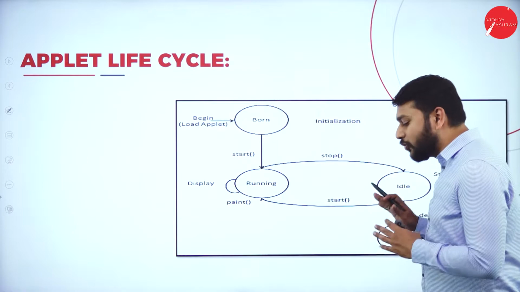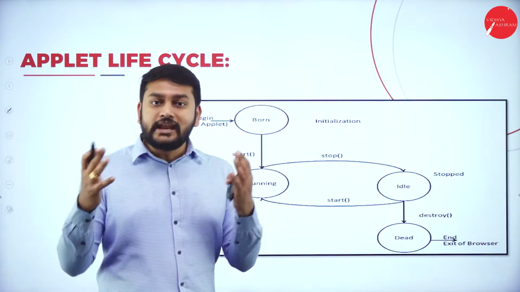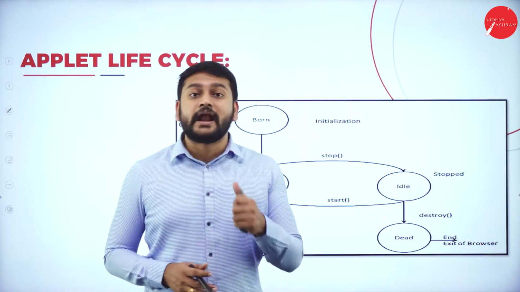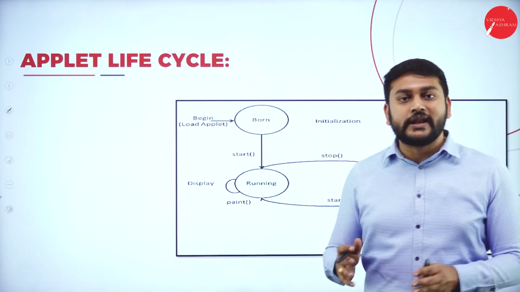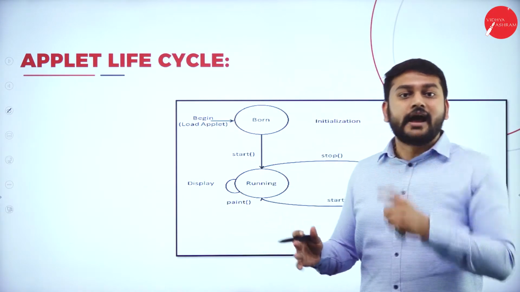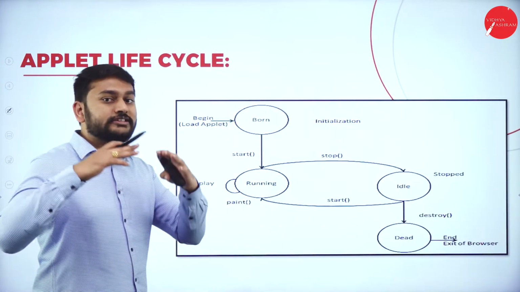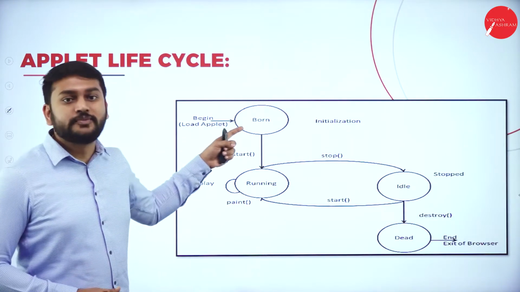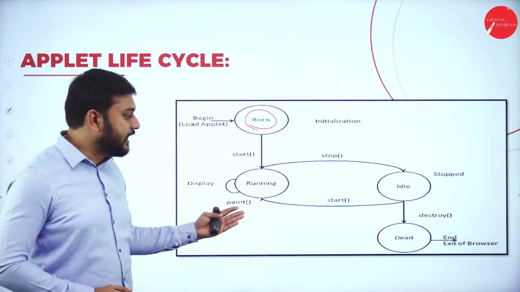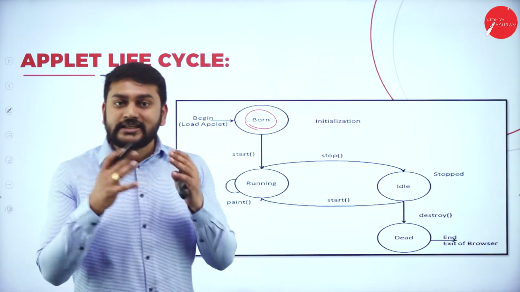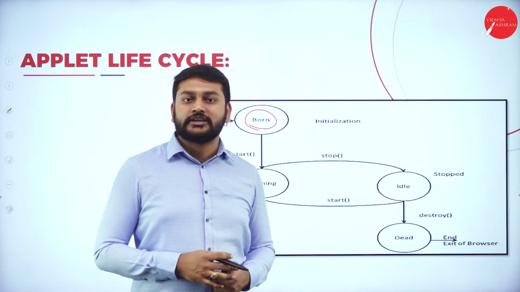So yes, this is what I discussed in my previous session with the diagrams. But I have not discussed in detail each and every step in the life cycle of an applet. Now, it's time for all of us to understand individually, step by step, the different states that I have in the applet. What is the first step? What is the first state that I have? Please listen to me carefully. The first state is the newborn state, and the next states are the running state, an idle state, and a dead state. Let's understand how these different states of an applet work for us in a program.